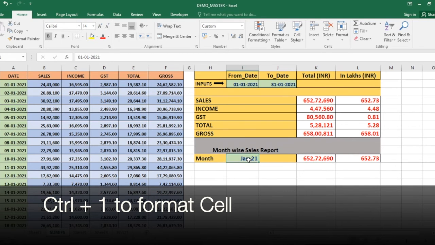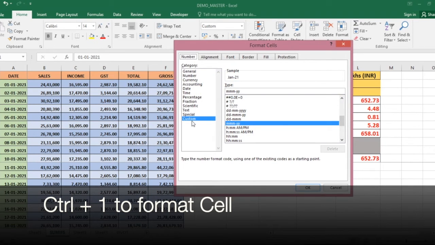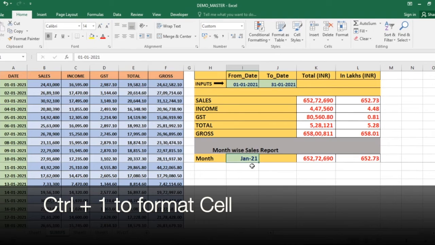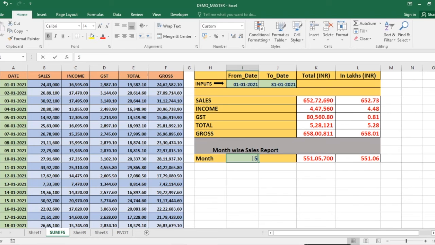Control 1 will show you that formatting. You have to go to Custom and click on MMYY. That will take month and year. By that, if you put say 3 by 21, it will take you to March. You can put any month number and year, and it will take it. And if you put, say, 420, it is illogical because that date range is not here in column A, so it will not yield you any result. You have to put any logical date where that data range is, and it will show that result.